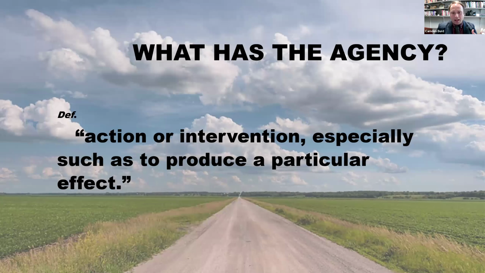Environmental history then makes us consider the question of agency. And when I say agency, well, what do I mean, right? It's an action or intervention to produce a particular effect, right? Now, this means in sort of traditional history or sort of non-environmental history, as it had been done, that humans often make choices that bend the shape of history, that bend the course of history. And in the traditional telling of history, we almost exclusively rely on humans to drive the story, to drive history,